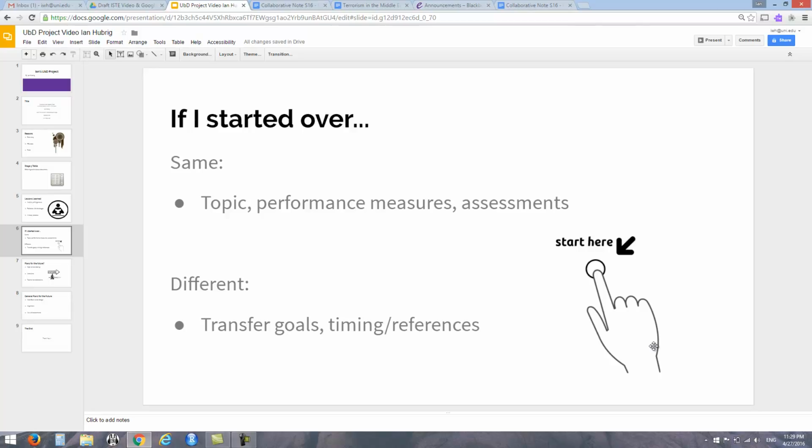Also, in terms of references, the authors of the book that dictates this have a lot of different tables and other resources you could use. I think I limited myself on my tables. I would maybe have experimented with some of the other ones so I had a better experience overall.